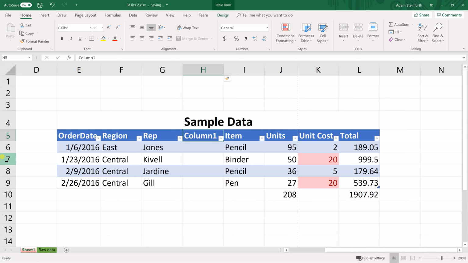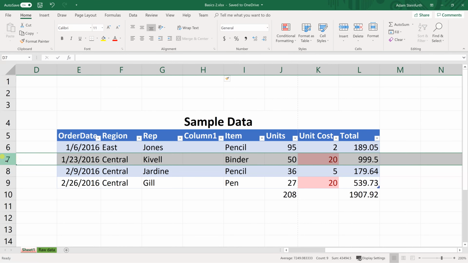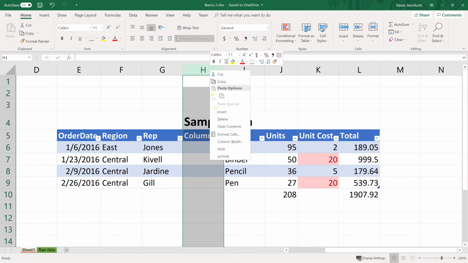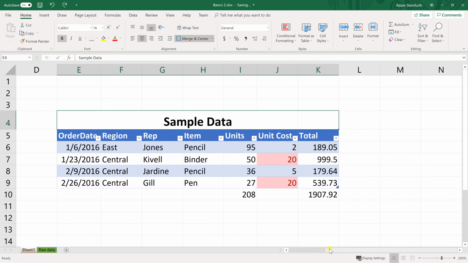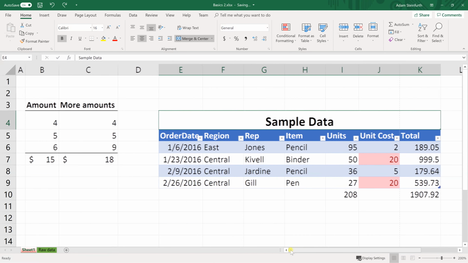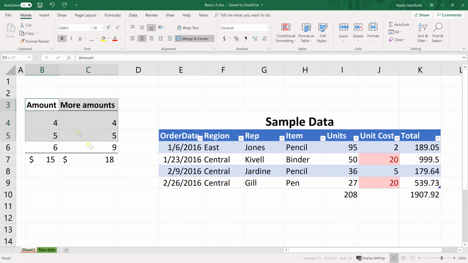The same concept applies to rows. We'll do a shortcut for the rows though. We'll left click on the row and just right click on the entire row, and you can insert from this right click menu. We'll delete this column for now. Let's go back over to the left so it's a little bit easier to show a few more of these concepts. And we'll work with this little piece of data here that's not formatted as a table through these functions,